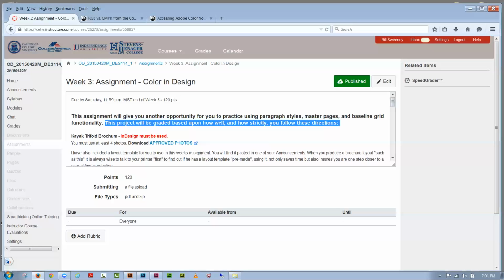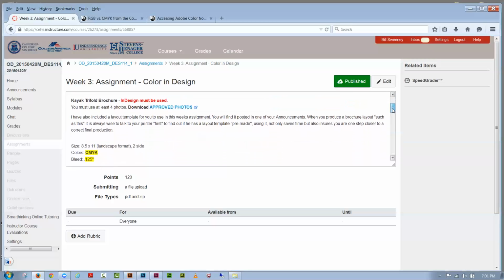The next thing it talks about is that there are photos that have been approved for this project, and that you must use at least 4 photos in your project. There is something I noticed about these photos when I downloaded them, and I am going to discuss that with you at a later point in our session tonight. I'm going to go over that, so I'll hold that in reserve for a minute. I also want to point out that